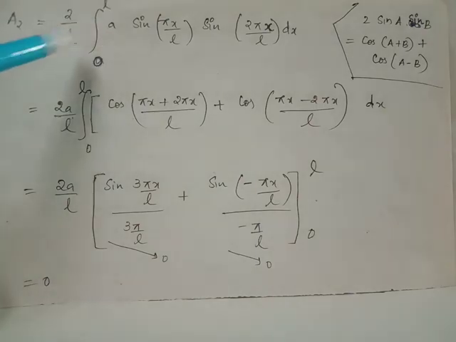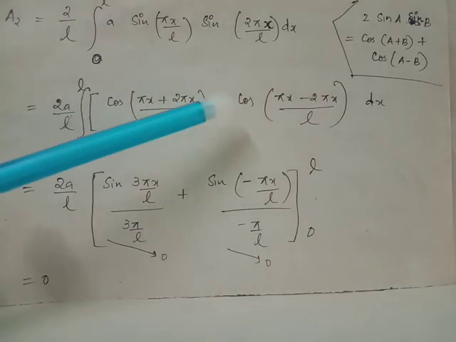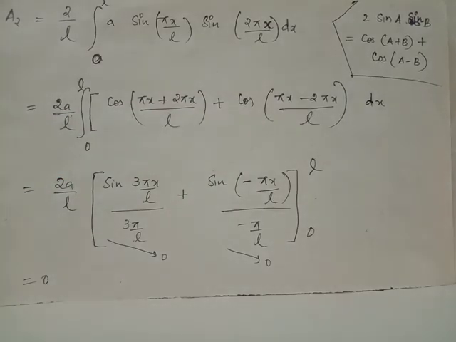a is taken outside the process of integration. Integrating this term, you get sin(3 pi x/L) upon 3 pi by L. Integrating this term you get sin(negative pi x/L) upon negative pi by L. Or here you can simplify it as cos of negative pi x by L, which can also be written as cos(pi x/L) itself, because cos of negative theta equals cos theta. Giving upper and lower limits, we obtain these two terms become 0, and thus we have a_2 equals 0. Similarly, we have a_3 equals